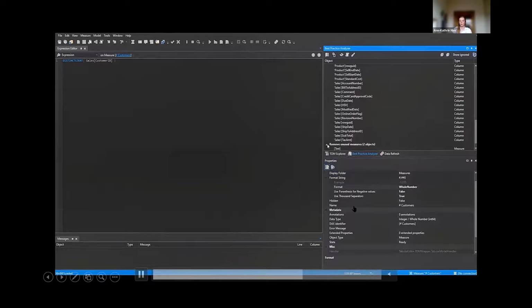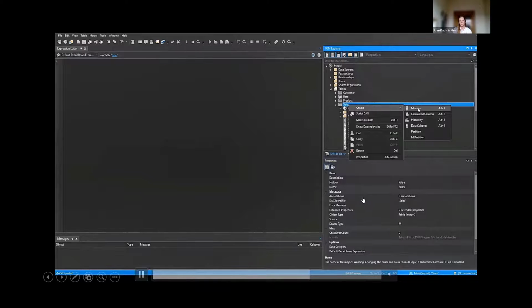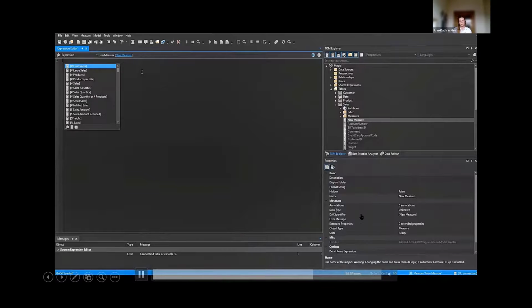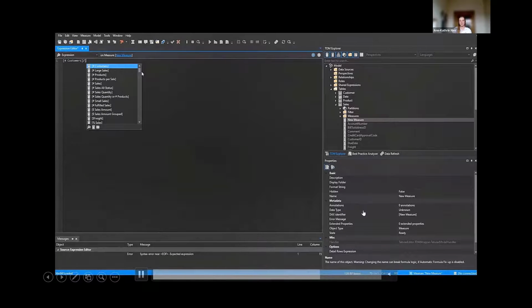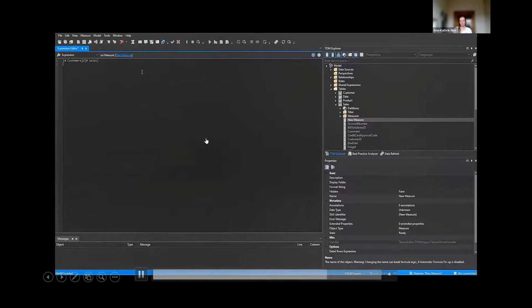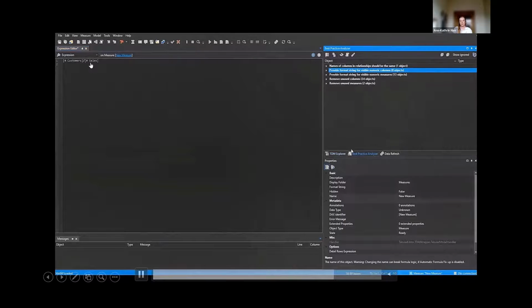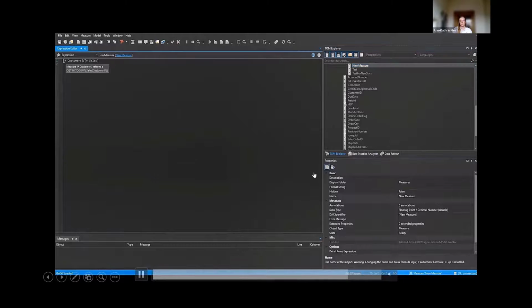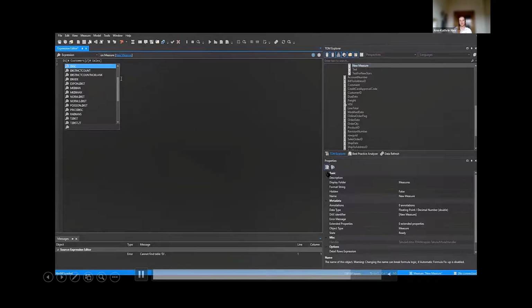So I can look at all my violations, and can see some unused measures. A good example for the best practice analyzer is the division. You should use the DIVIDE function in a measure instead of dividing by itself. So if I write a measure dividing two measures by each other and save it back, I instantly get the rule violation here. So if I go back into my measure and use the DIVIDE function instead,